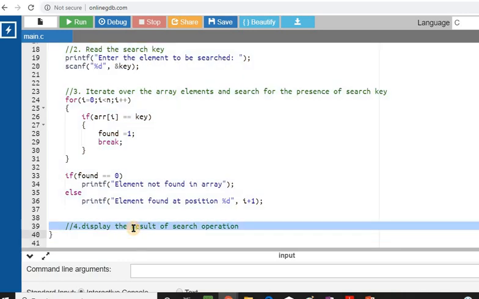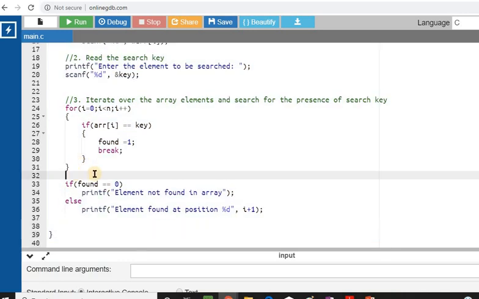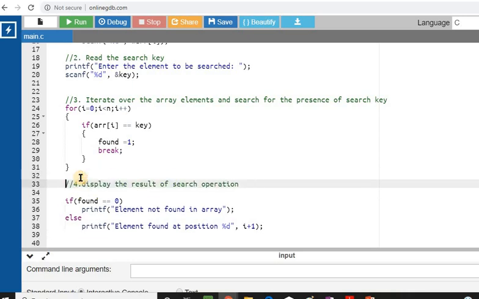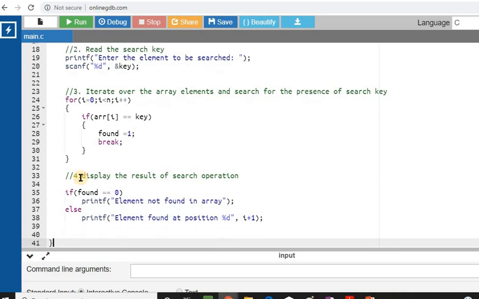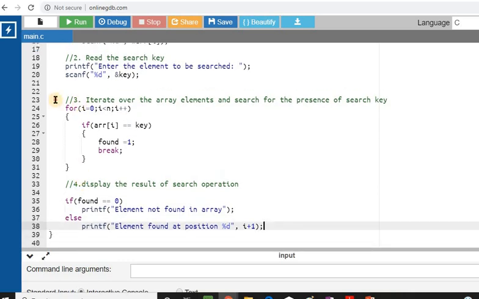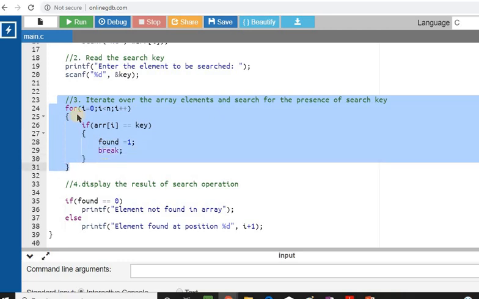So I'll just write the comment over here. The fourth step is done over here. This completes our linear search program. The logic is simple. This is the whole part of the linear search. You're iterating over each and every element of the array using a for loop, and you're comparing each element of the array with the key.